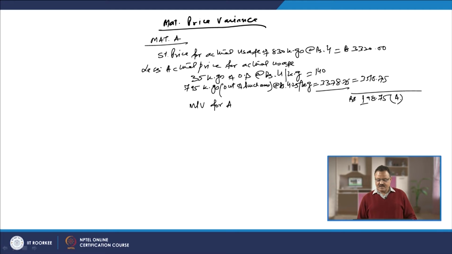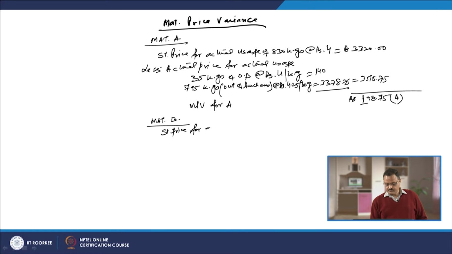So, this input has not caused any favorable variance for the cost. Now, you calculate like this for the material B. Here we take the material B. So, if you take the material B here, what will be? Again we will have to write here standard price